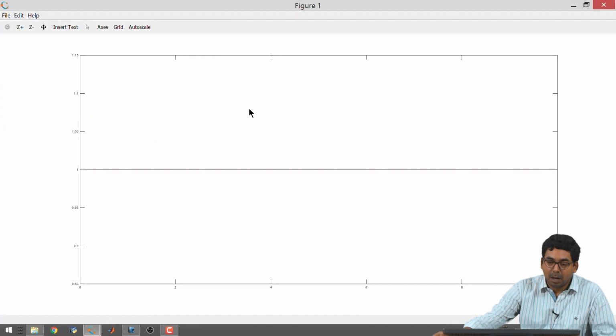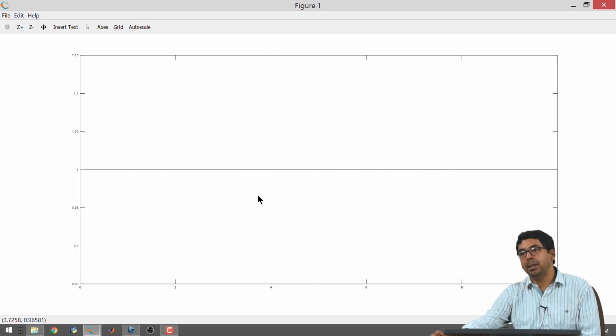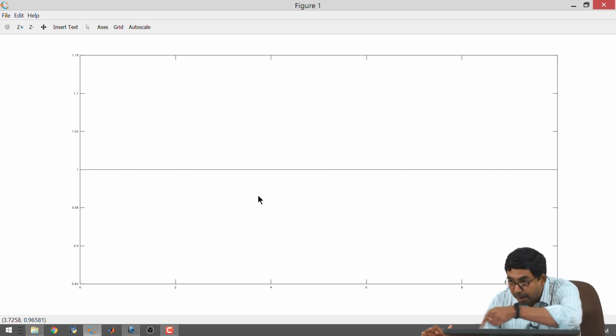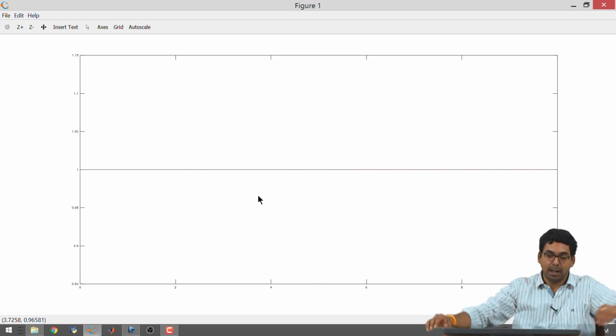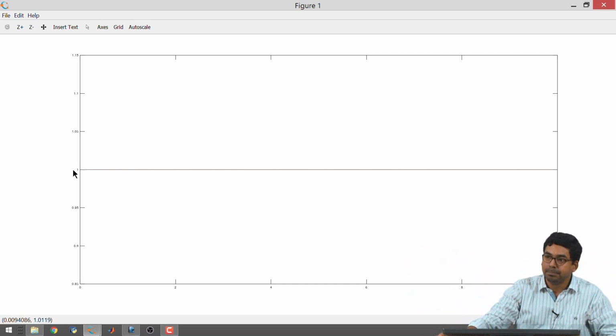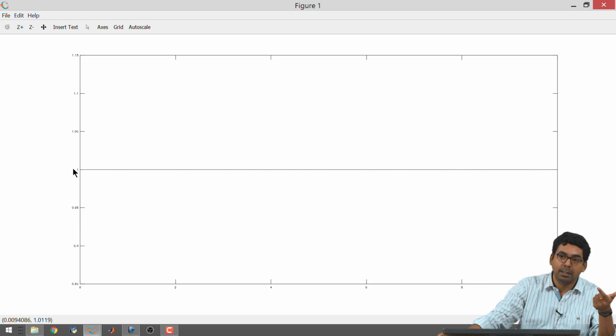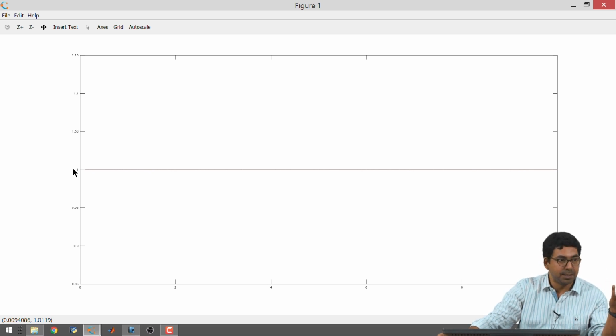Now, I get a horizontal line, which means the phase velocity and the group velocity have been plotted here, one on top of the other, forming a horizontal line at the value of velocity equal to 1. For M equal to 0, in the case of a parallel plate waveguide, the phase velocity and the group velocity are equal to the velocity in that medium itself, and the waveguide is non-dispersive.